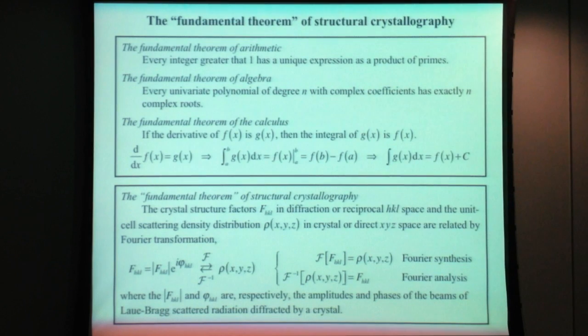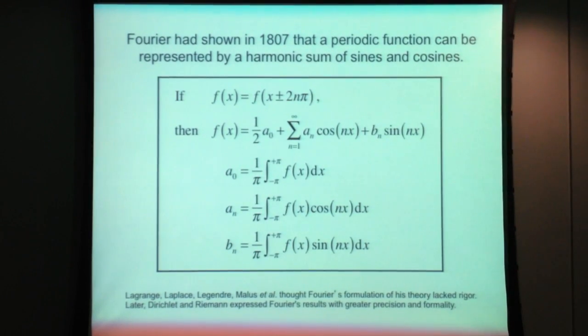Okay, so what Fourier had shown back in the early 19th century was that if we have a periodic function, f of x, that is, by periodic we mean that f of x is exactly equal to f at x plus or minus 2n pi. So it's a 2 pi periodic function that we're considering here, and n can be any integer. Okay, so that function, whatever that function is, as long as it's got this property of periodicity and at least piecewise continuity,